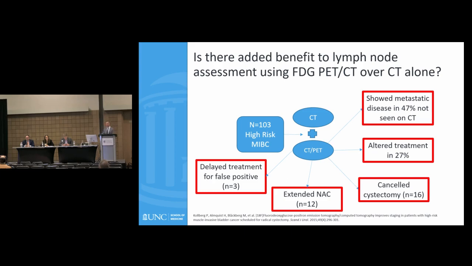It showed metastatic disease in 47% of patients that was not seen on contrast imaging alone. This altered treatment in over 25% of patients. Cystectomy was aborted or canceled in 16. The extent of neoadjuvant chemotherapy was made longer in 12 patients, but this did come at the risk of some delayed treatment or false positives, though that was in only about 3 of the 103 patients. So hinting there may be some utility in getting an FDG PET CT either in combination with or in place of